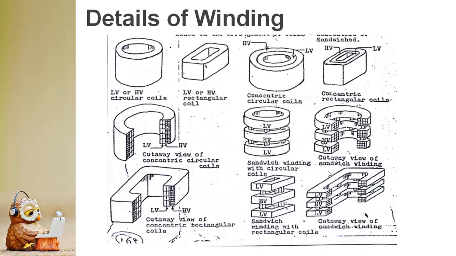For that, you should start imagining things, how the transformer looks from the top view. As I already said, I am not at all going to consider any accessories. I will be considering only the major components. The major components are the core, that is the magnetic frame, and then the electric windings. That's it. I'm mainly concentrating on windings and the magnetic circuit cores. So if you know how it looks from the top view and from the front view, it will be easy to develop or draw an assembly view of a transformer for the given data.